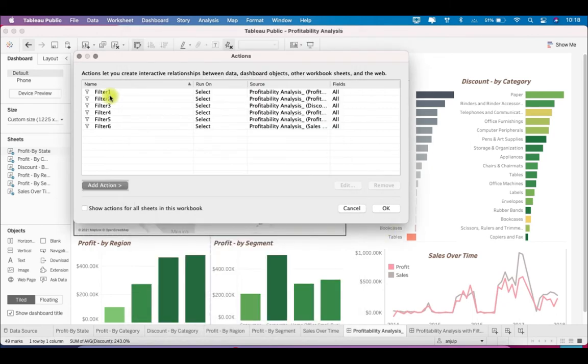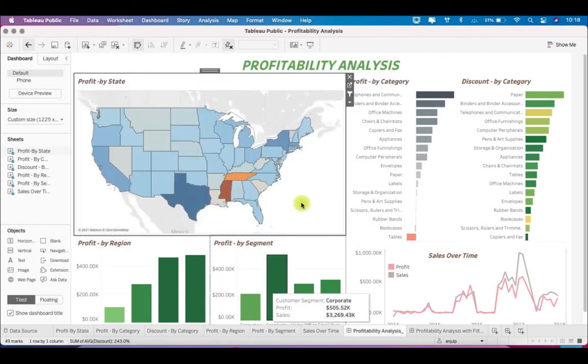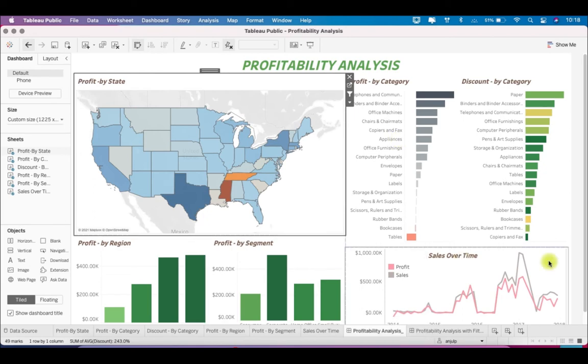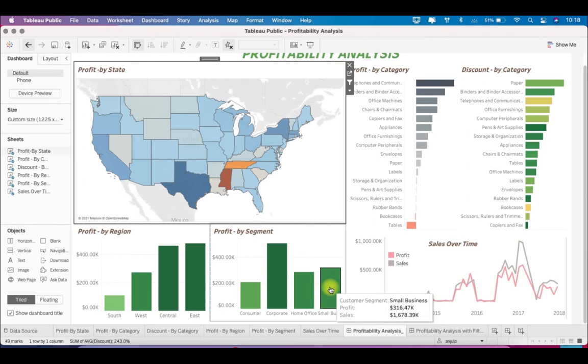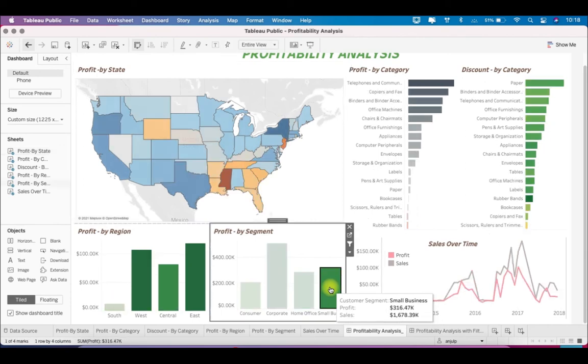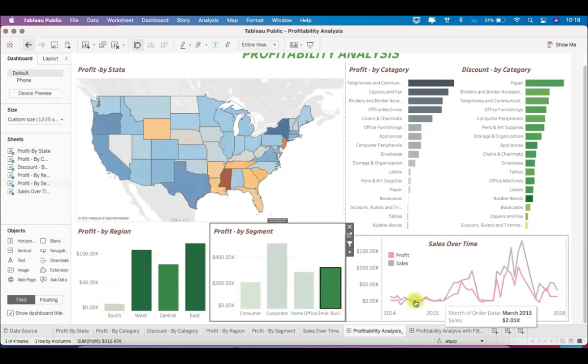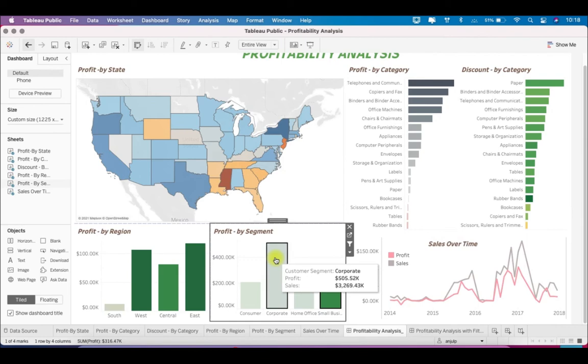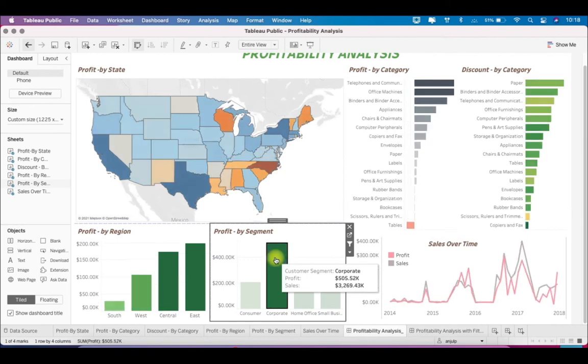Now you see that we have 6 action filters generated for 6 sheets on our dashboard: 1, 2, 3, 4, 5, 6. Now if you click on any sheet, it will act as a filter to all the remaining sheets. If I click here on small business, you will see all the sheets are filtered. If I click here, maybe corporate, all the sheets are filtered.